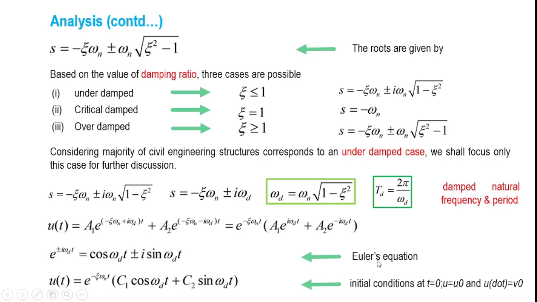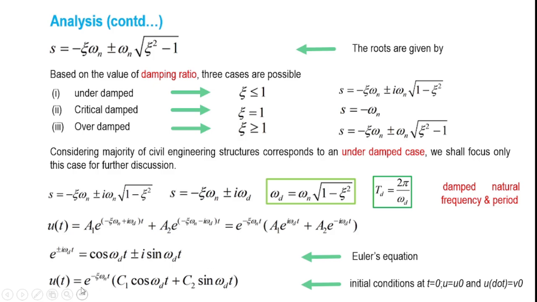Now we know from our basic understanding of mathematics, the Euler equations can be written, which help you to express any exponential as a series of sine and cosine. That is, e raised to plus or minus i omega d t can be written as cos of omega d into t plus or minus of i into sine of omega d into t, which means that